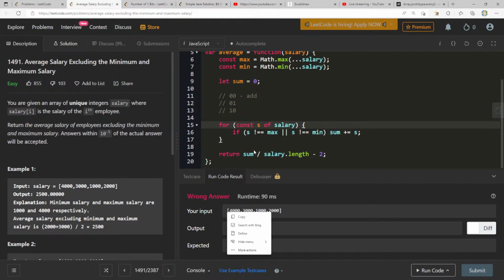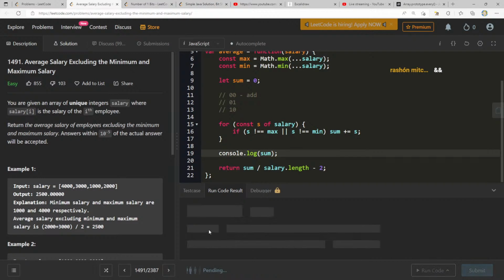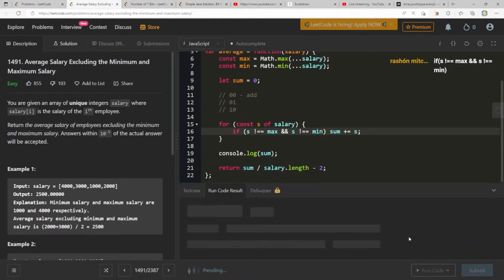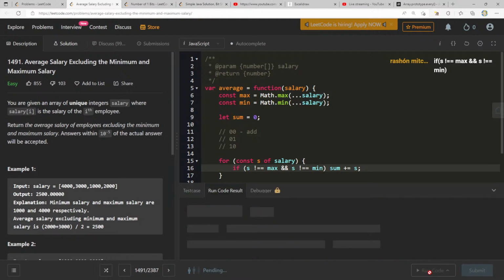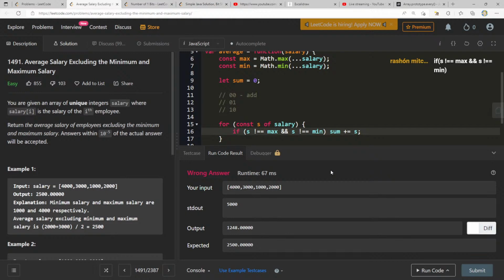You see, why are we getting 2498? And then check this out though, if I console.log sum, we get like 10,000. Oh, and let's see. I could have sworn that was one of the first things I did. But then wouldn't that mean that for numbers that it's not? Okay, yeah, that's 5,000.